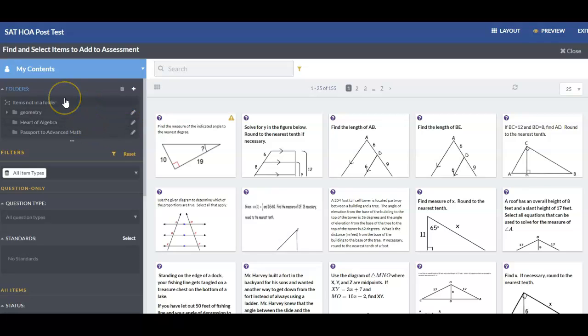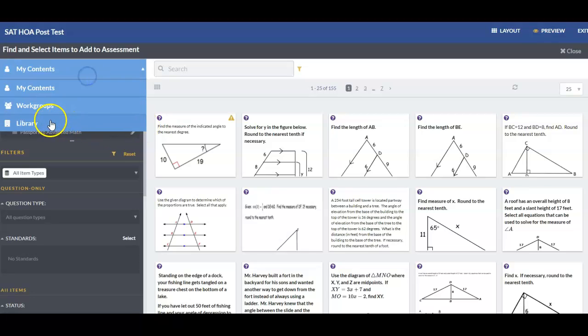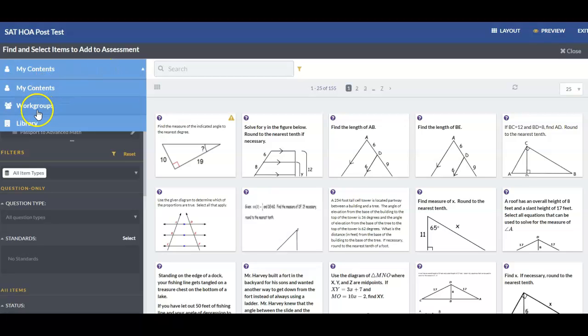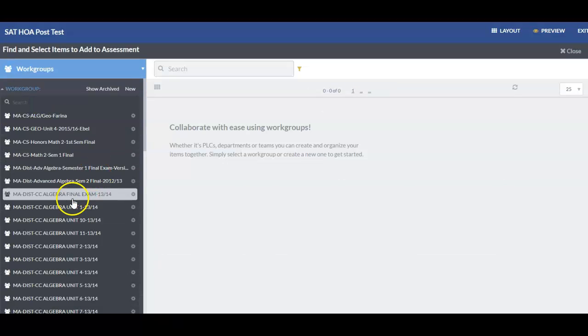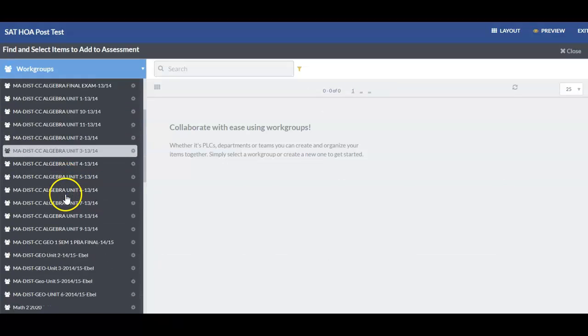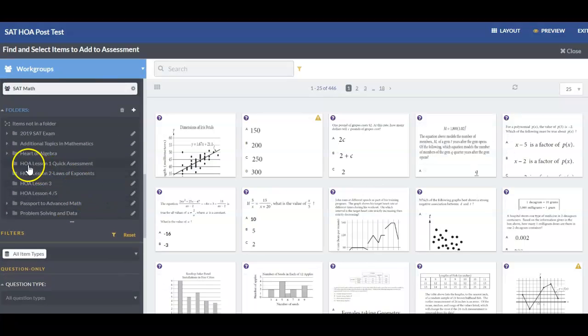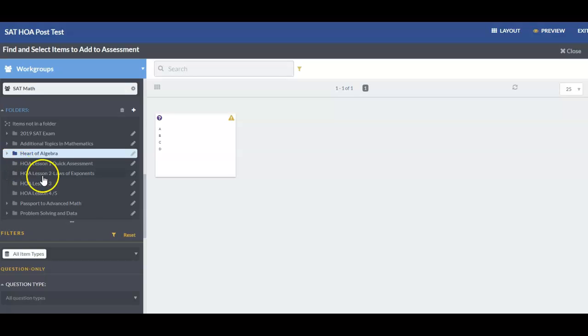And what I've already done is put in approximately 400 and something questions related to the SAT linked by standards. So to access those questions, you click on My Contents, and down below you'll see Work Groups. In this Work Group tab, if you go down to SAT Math, you will see all the folders, right, that